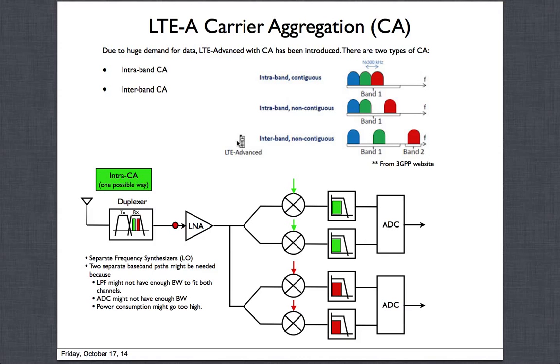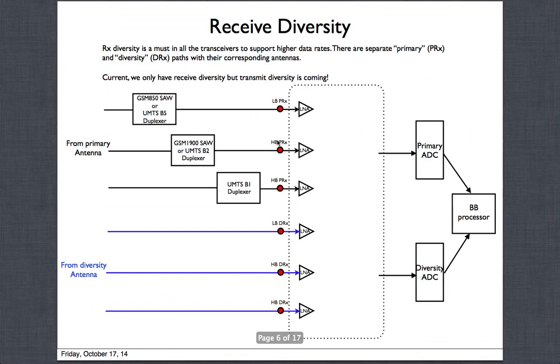Now what is interband? Interband is also possible where you have two different bands. This is not a very good example, but they should say more like, say, band 1 and maybe band 5 or band 8 or something like that. But take it as band 1 and band 2. These are two separate bands. Don't correlate these numbers with the band numbers of the UMTS bands. This is one band and this is another band. You could have this information spread at two different bands, and when these bands are different, they are called interband. That is, the information is not in one cellular band, it could be in two bands. For example, if I go back, where was my table here?